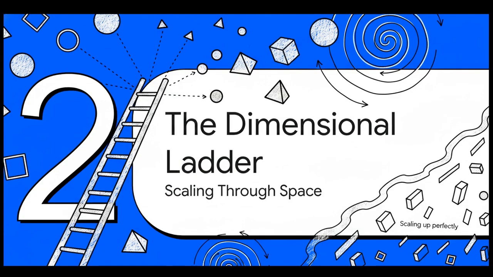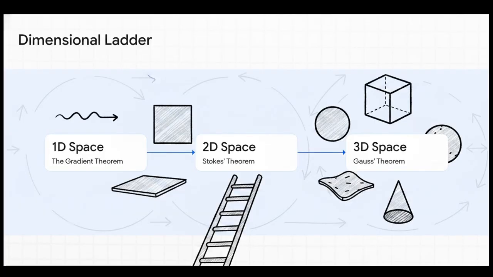Okay, moving on to parts 2 and 3, climbing the dimensional ladder. Now we're going to zoom out a bit and watch this exact same boundary rule scale up perfectly across different dimensions. It's the exact same pattern, just evolving in complexity. We're going to climb this ladder step by step. We'll look at 1D lines, 2D surfaces, and 3D volumes to see exactly how the math translates our room and walls analogy across space.